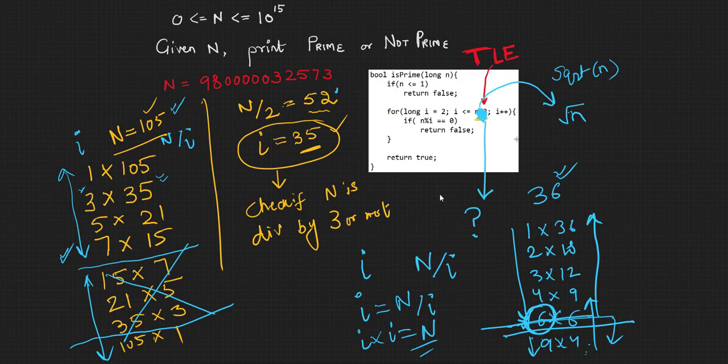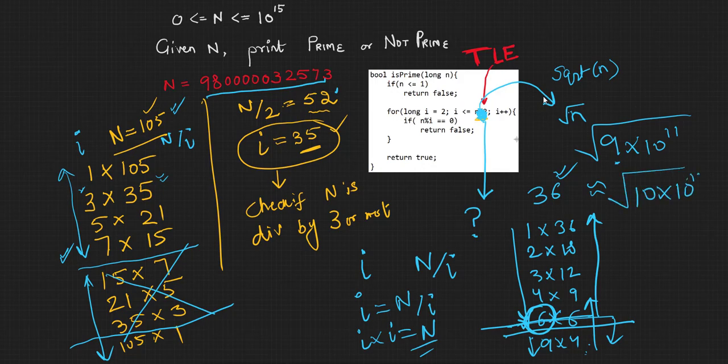That will make our code fast, because even if you put that check, our n value was 9 into 10 to the power 11. So if we take the square root of 9 into 10 to the power 11, again by a little approximation, let's convert this 9 also to 10. Let's make it roughly equal to 10 into 10 to the power 11, which becomes overall 10 to the power 12, which becomes 10 to the power 6 into 10 to the power 6. And when you take the square root, if there is a term in multiplication 2 times, you can take the term out. So we will be doing a maximum of 10 to the power 6 iterations in this code, and this code will get accepted.